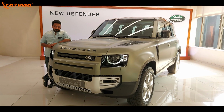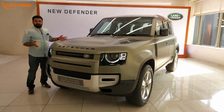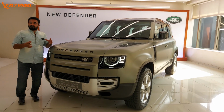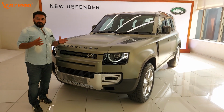So now I stand next to this machine, you will understand how big the new Defender is. But it has been reworked from scratch and it's not the old Defender anymore. But it has got the DNA of a Defender. Now it's been built from scratch. It's no more a ladder frame chassis car. It's a monocoque one. It's a completely rebuilt, huge machine, but still got that Defender element on